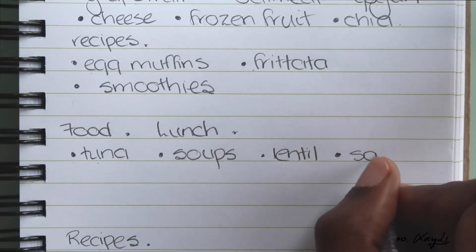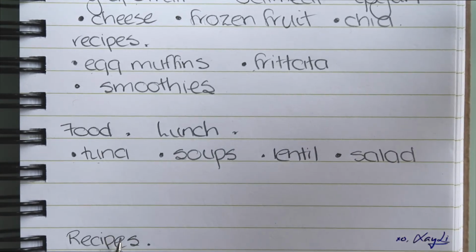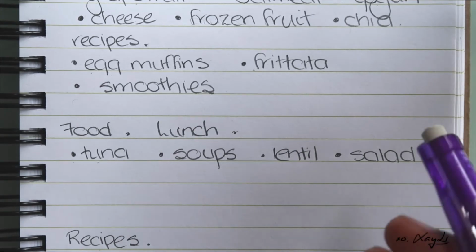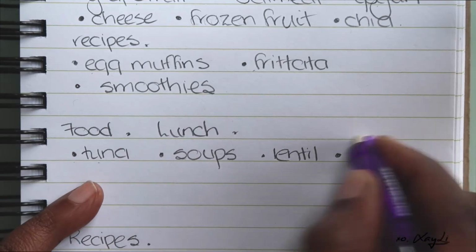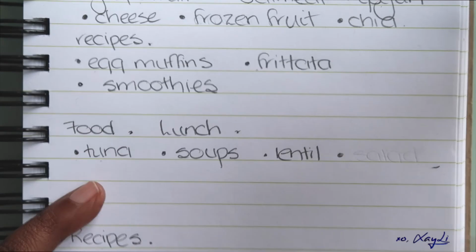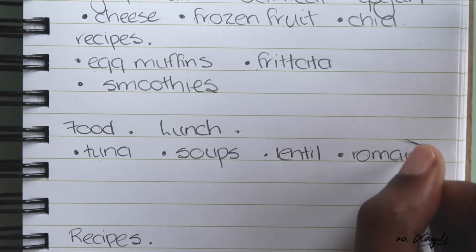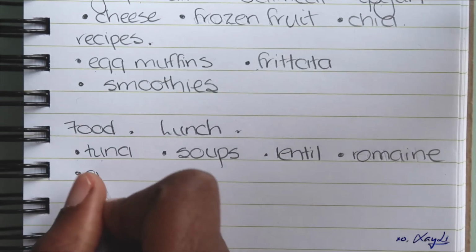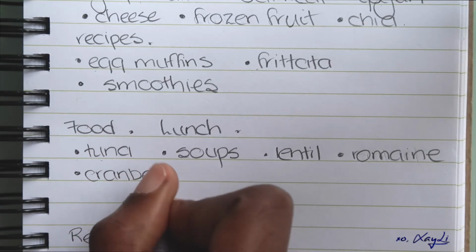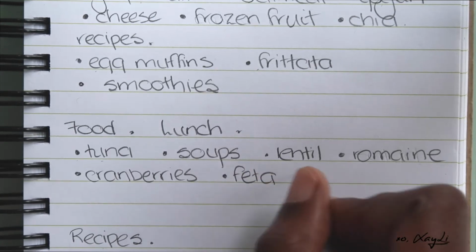Definitely a salad would be something that I would like to have, but salad would go basically in recipes right here, right? So actually the food would be what I'm actually putting in the salad. So in my salads, I do like romaine, I also would want some cranberries, maybe some feta cheese,